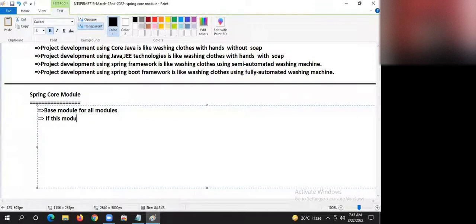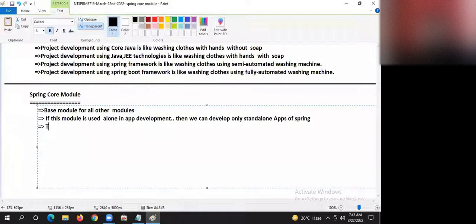If this module alone is used in application development, then we can develop only standalone applications of Spring.